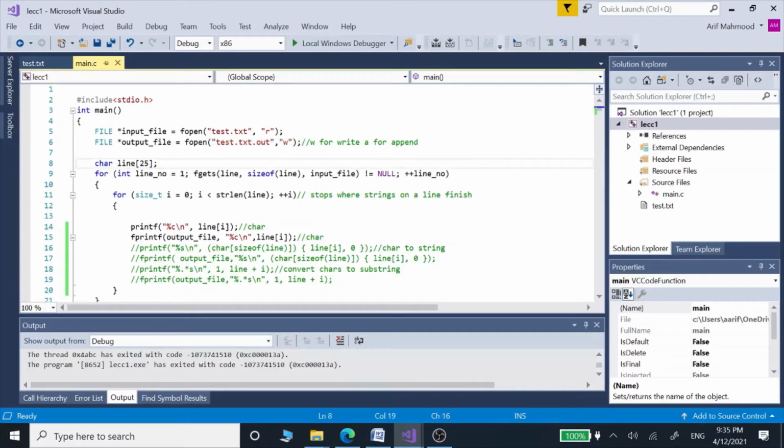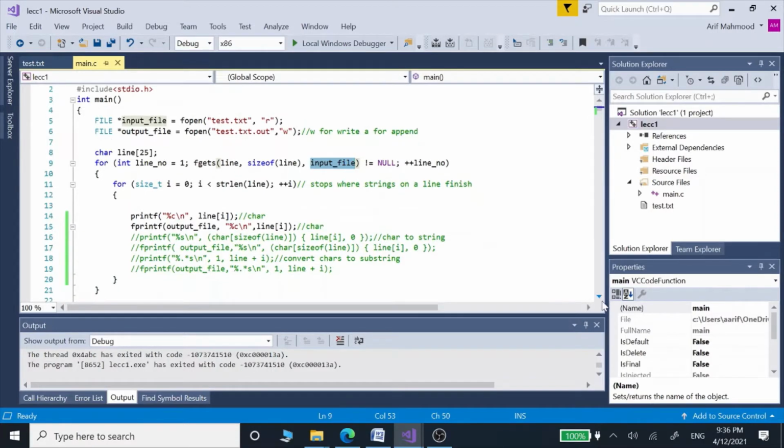After that, we have defined a variable of type string, which is line, and we are going to use this line variable in this fgets function to take out the lines, or the contents, of our input file. We are going to use this for loop and read those lines of our input file one by one.